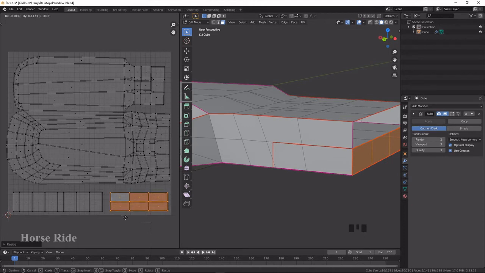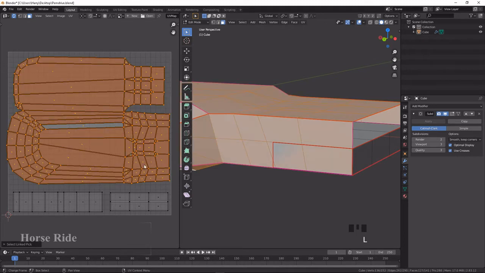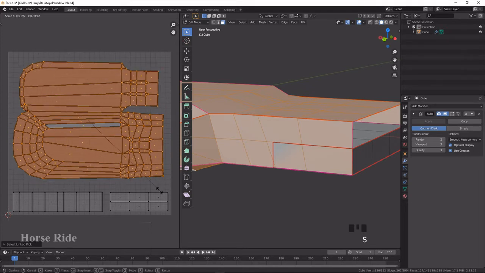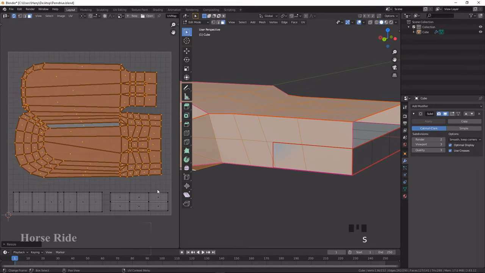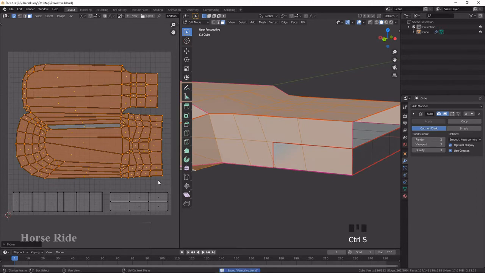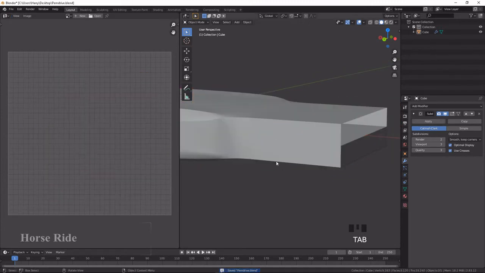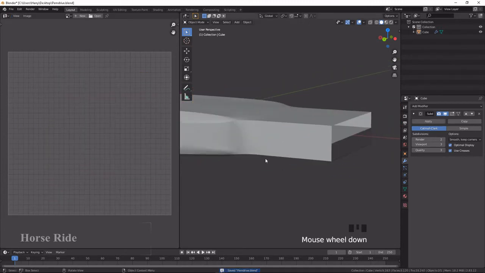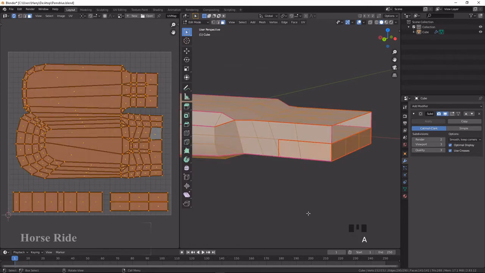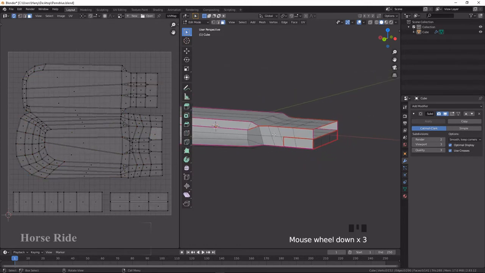So this is created separately, and here you can see it's going out of the island area. So we are going to reduce everything, press L on the keyboard to select the linked one and press S to scale it down a little bit. Okay, now we have unwrapped everything and created the layout. Now the unwrapping work is completely done.